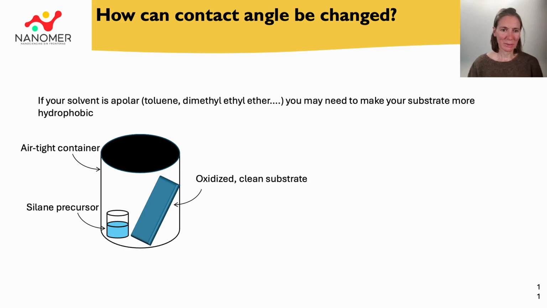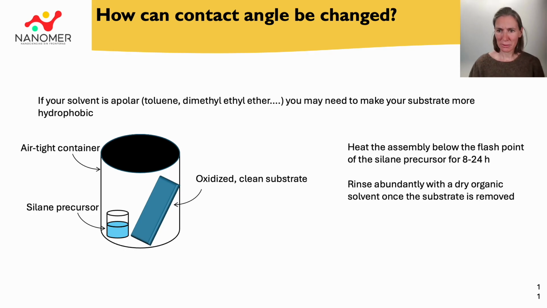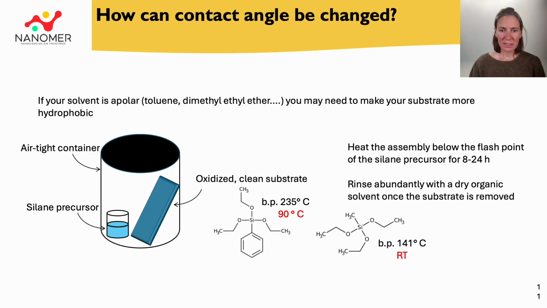For instance, we can see here this hermetically sealed flask. So it's an airtight container. I put in my oxidized clean substrate here, and we put in a vial containing a few drops of silane precursor. Which silane precursors do we use? We can use, for instance, this silane precursor that's functionalized with a phenyl group, or we can use this methyl